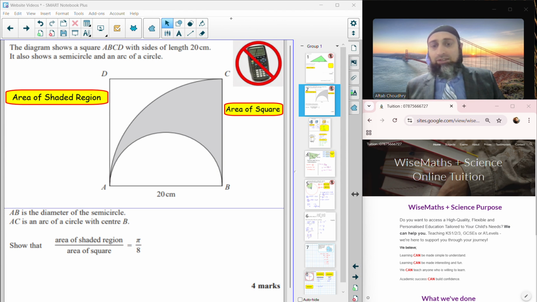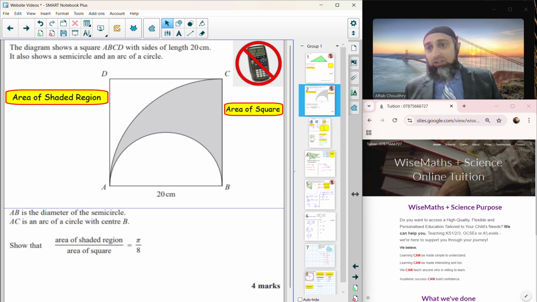Today we'll be looking at this non-calculator question which is worth 4 marks. It says the diagram shows a square ABCD with sides of lengths 20 centimeters. It also shows a semicircle and an arc of a circle. AB is the diameter of the semicircle and AC is the arc of a circle with center B. Show that the area of the shaded region over the area of the square is equal to pi over 8. So the first and foremost thing that we're going to be doing is